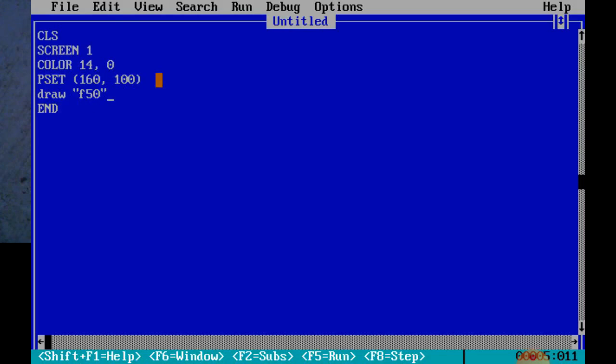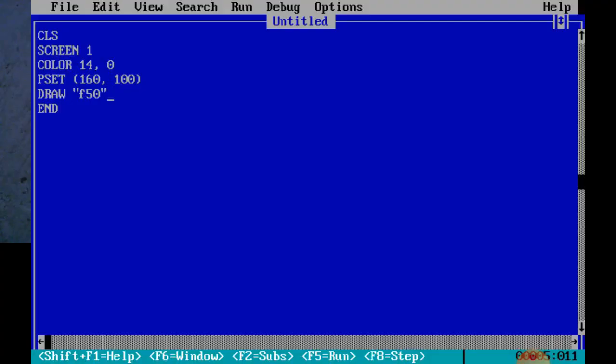The DRAW command is used for creating the line. Pressing F5, you can see the line created from the location where we set that point. This was the starting point in the middle, and now it goes in the upward direction toward the right side.